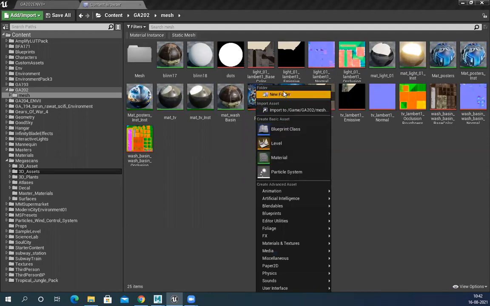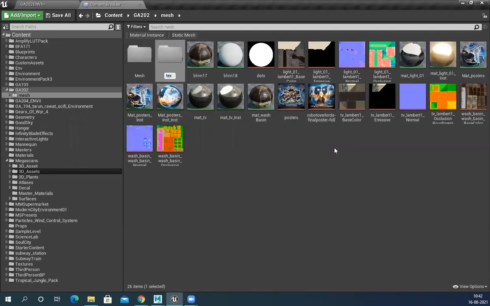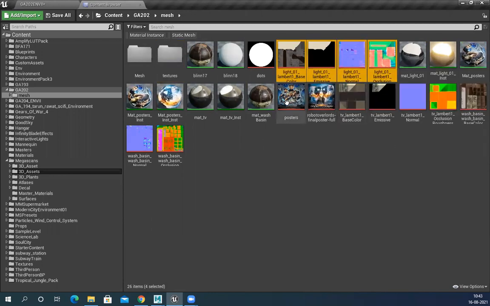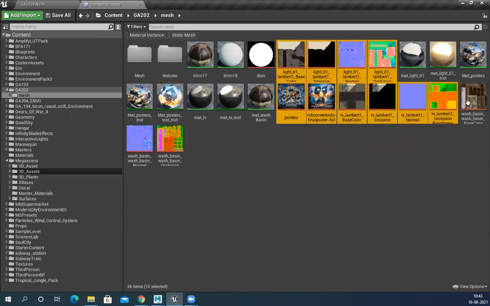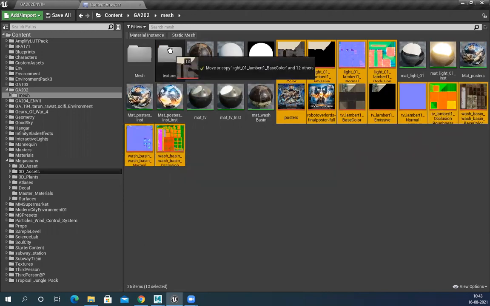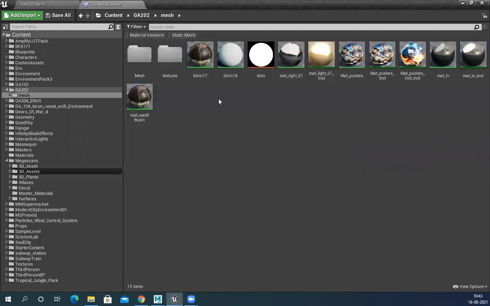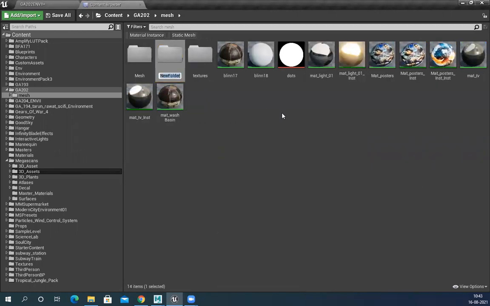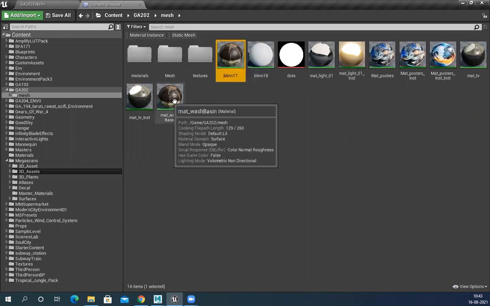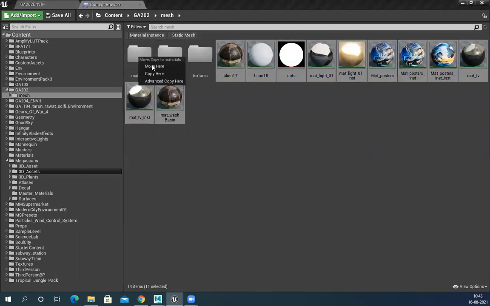New folder, textures, all textures. And one more folder, materials. Select all of them and move them inside. So now everything is clean.